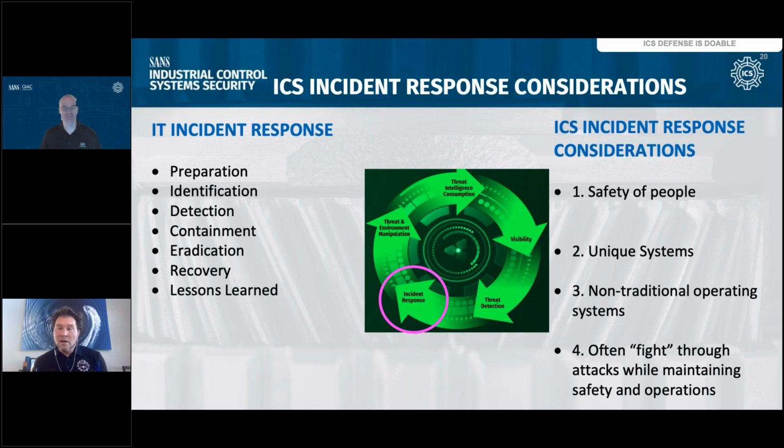So if eradicating the malware means taking the HMI offline or a generating station offline, but in a contained state, if that malware is there, perhaps it can exist there until the next maintenance cycle where you can take the system down, where there's no risk to people, no risk to generating electricity for someone in the middle of winter. So there are all these additional considerations that have to be gone through in ICS